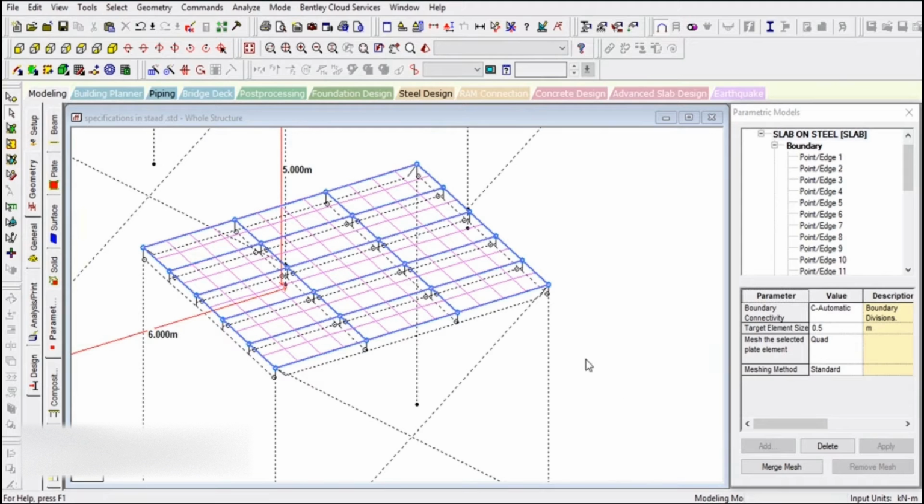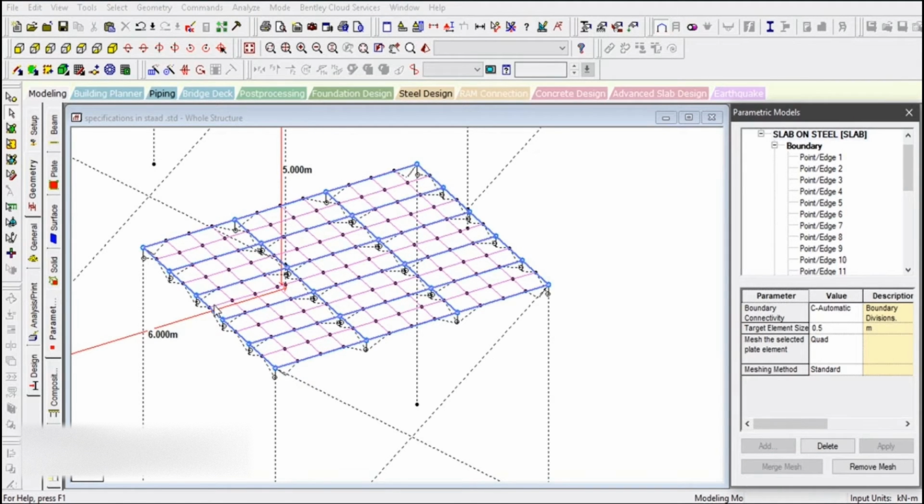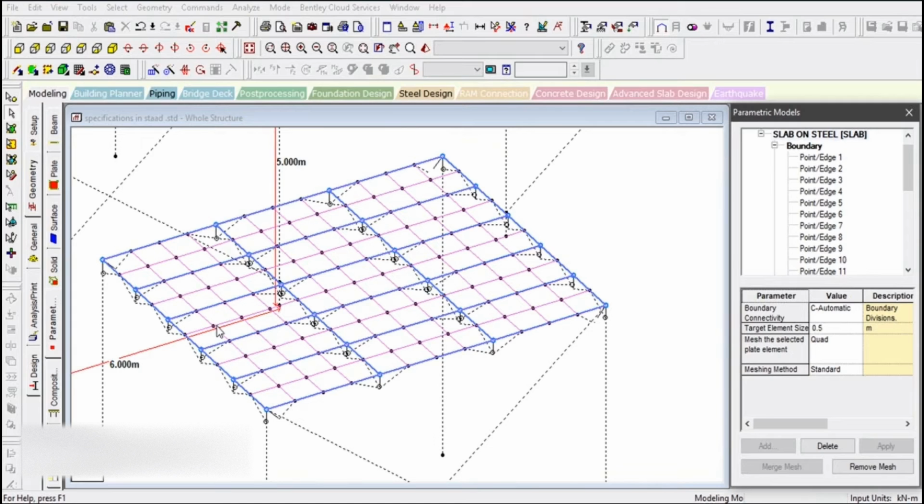So if we want to merge this meshing into our original structural steel member arrangement, we need to left click on merge mesh. So here we can see that the whole structure is now meshed. And why is this whole thing going up and down? Because we have added the specifications. So if we want to correct this structural steel arrangement, we need to do the offset commands